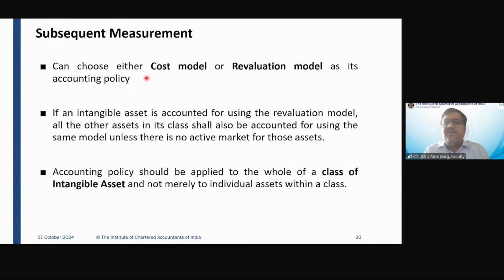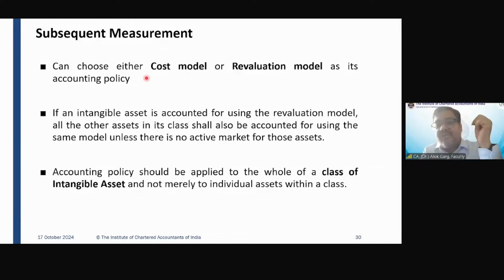Okay. So 10 lakh divided by 5, 2 lakh rupees. If I have opted for a cost model, under the cost model, the carrying value at the reporting date is equal to cost minus accumulated depreciation minus accumulated impairment losses. Like in question number 8, which we have done, on 31st March 2003, the asset was capitalized at 6,90,000. Then the life was 6 years.